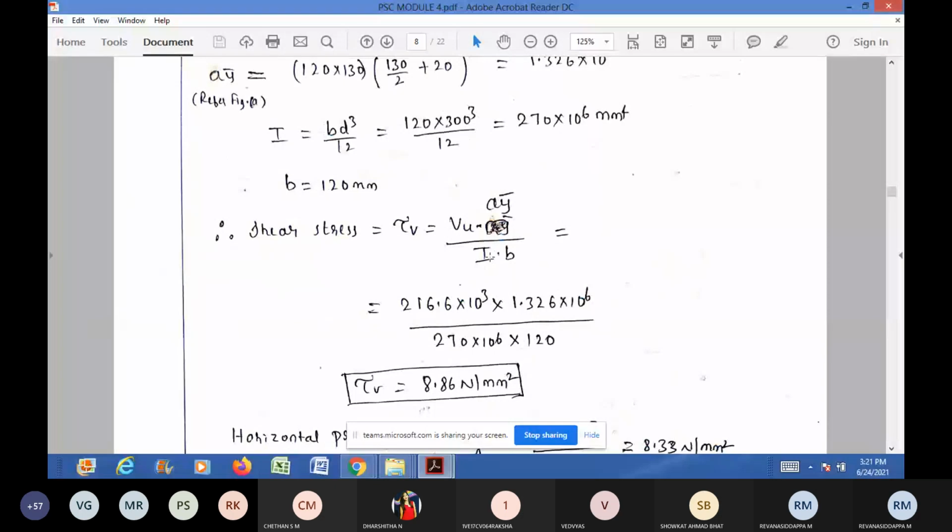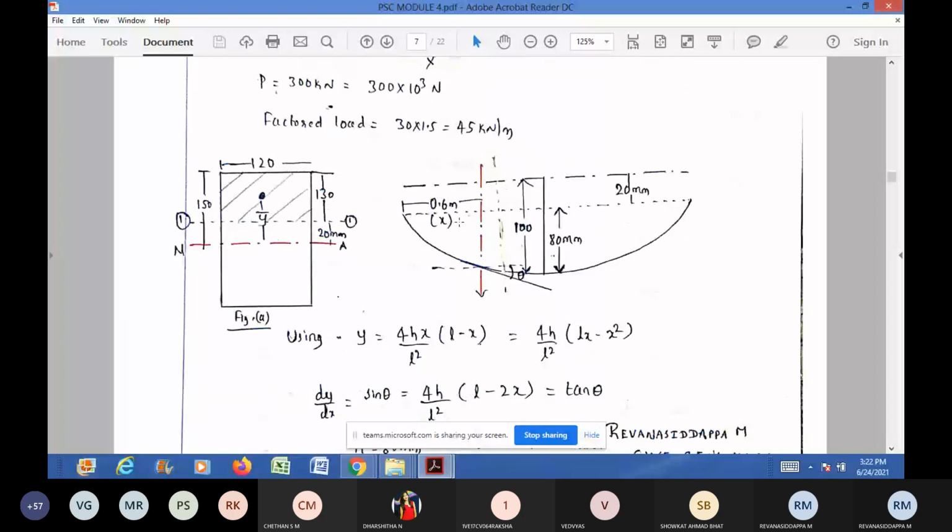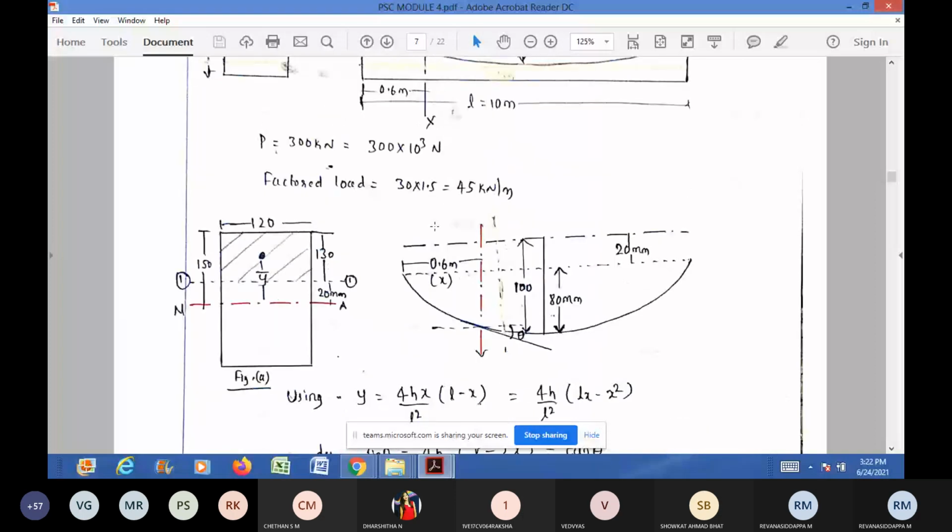Again we need to calculate Vu, Ay bar, I and b. That calculation I have done in the initial steps. Here one unique thing about this problem is, instead of asking to calculate the principal stresses or the shear stress